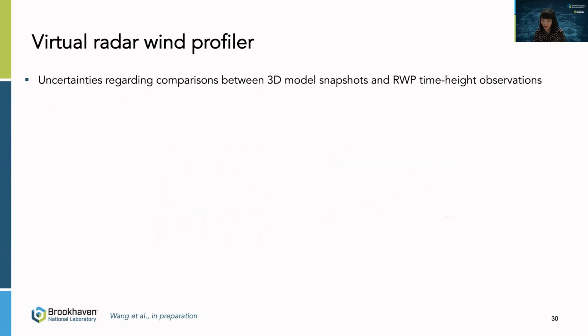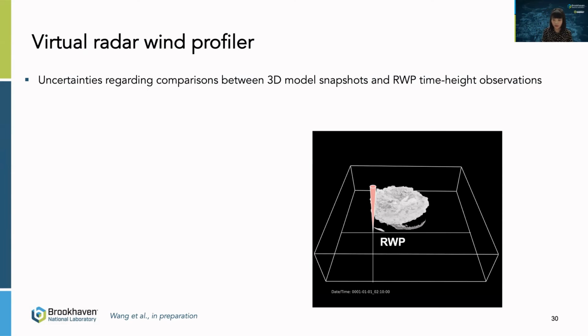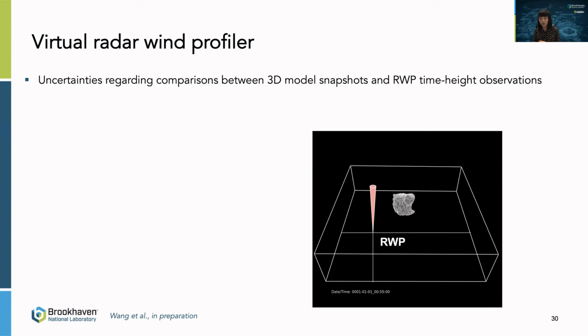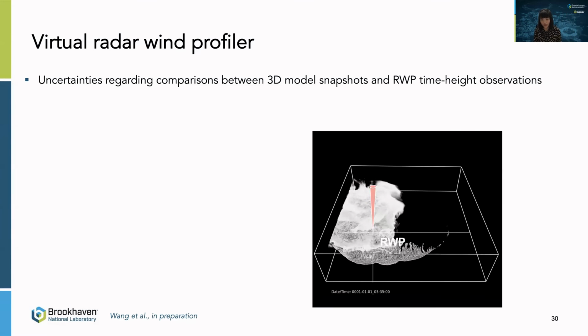As you know, model evaluation work is never easy and straightforward. It's the same thing here. Our radar wind profiler is a pencil point measurement in time and height, and the model simulations are oftentimes 3-dimensional snapshots. So even though we are very careful about the measurement uncertainties, the beam width, and also the sampling biases in our analysis, it's still not ideal. So we came up with the idea of putting a virtual radar wind profiler in the model domain to mimic what a real radar wind profiler would see as the storm passes over the site.